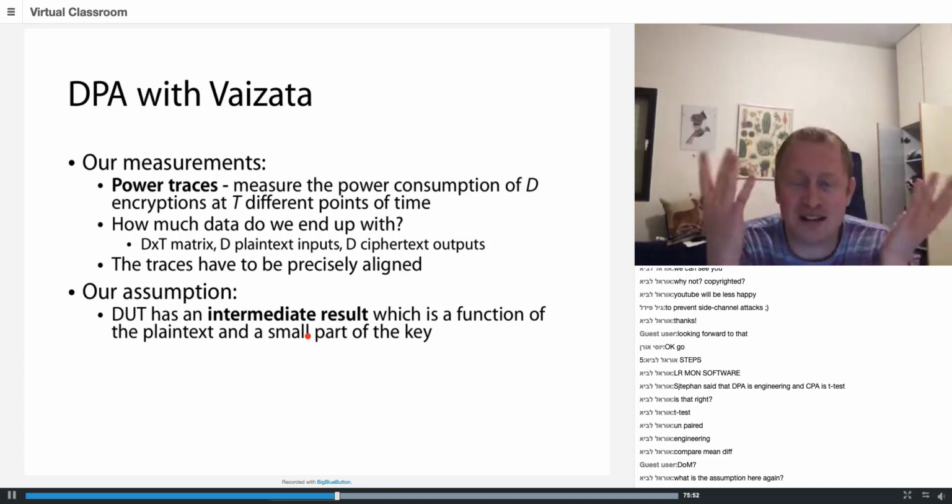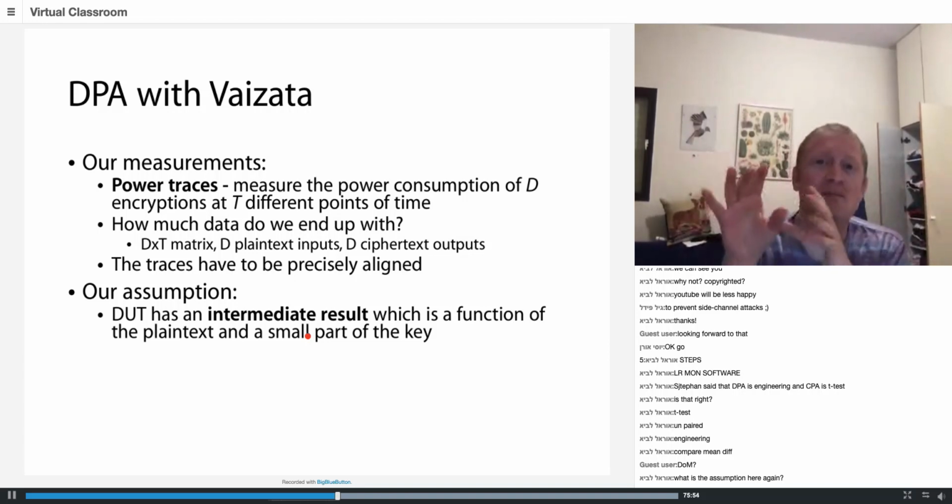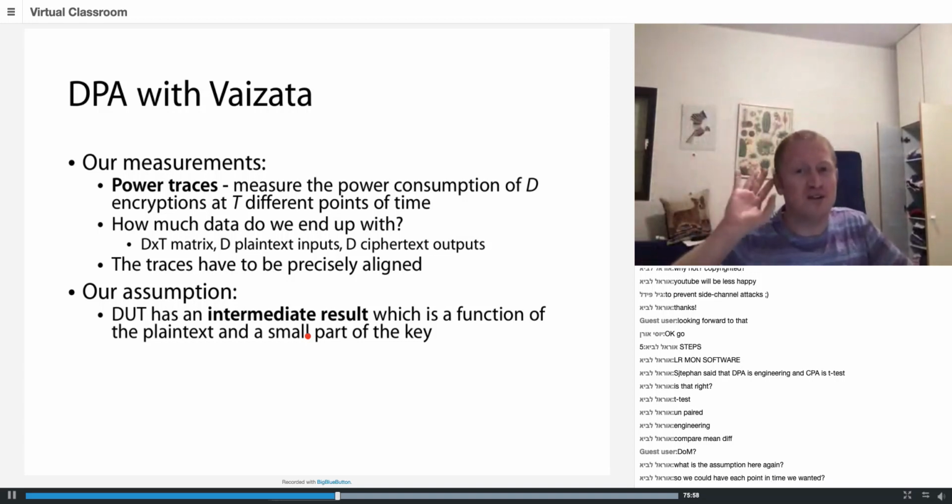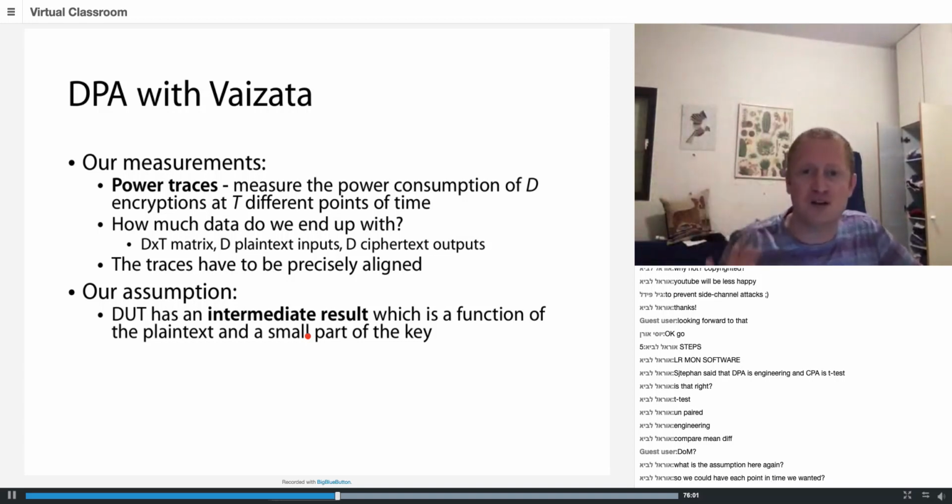Again, this is not like the timing attack. This trace is very, very long. Most of the points of the trace are not where this intermediate result is occurring. But there's a very small segment in time where this intermediate result is happening. And this intermediate result is a function of the plaintext and a small part of the key, and we can simulate it. And we also assume that the power consumption